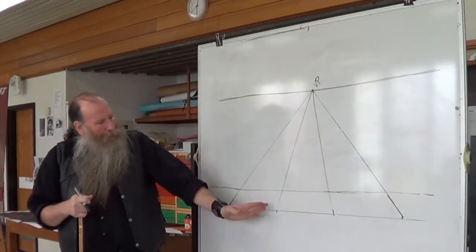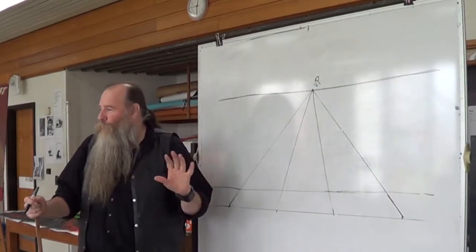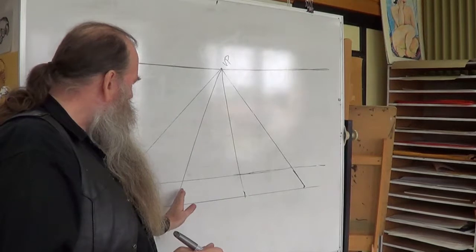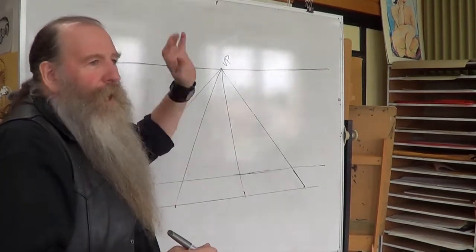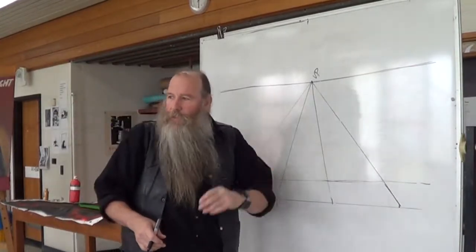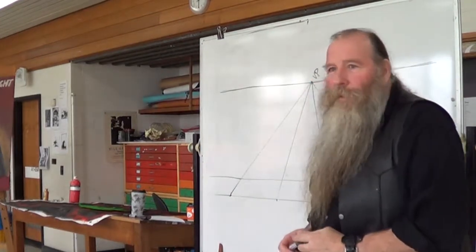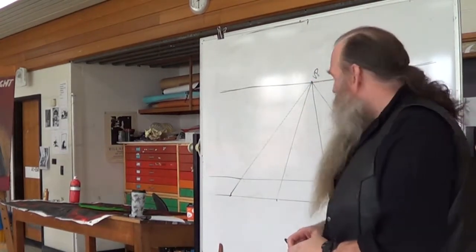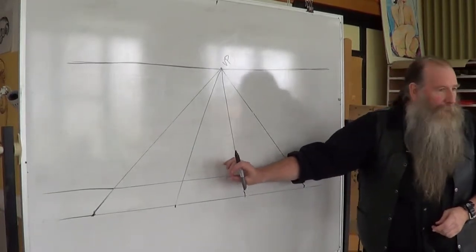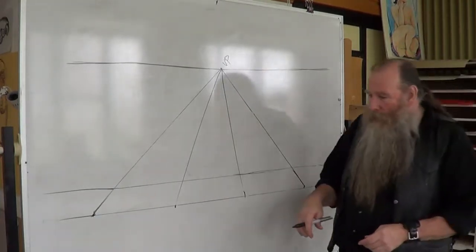So if you know that, again, if you're not using a ruler, if you're just drawing a tabletop, those edges of the table are going to go away somewhere off into the distance. That's easy to do, like train tracks, to do a footpath, to do anything like that. But let's say I want to do a chessboard or a tiled floor. It's no good measuring that going there because it has to be narrower. And we have to know how much does it have to be narrow by. And so the easy trick here